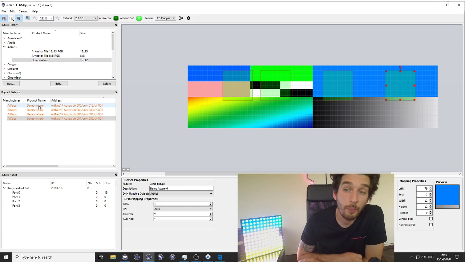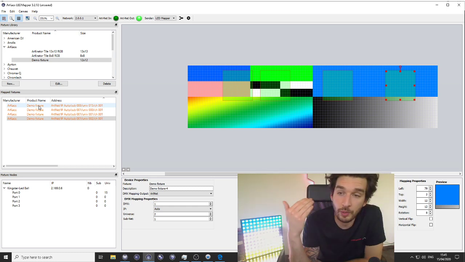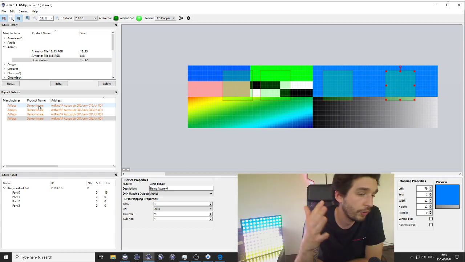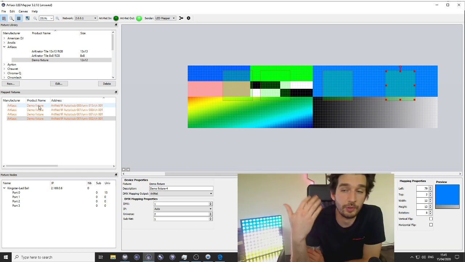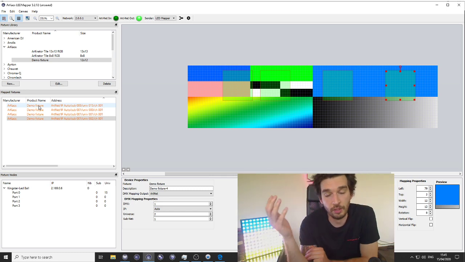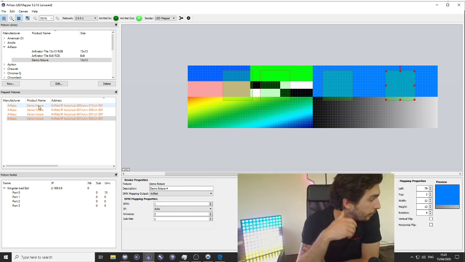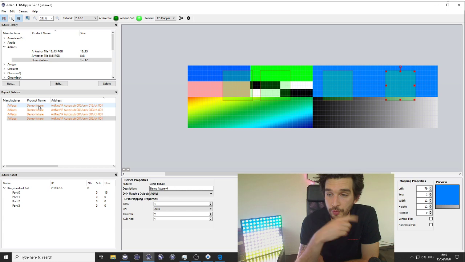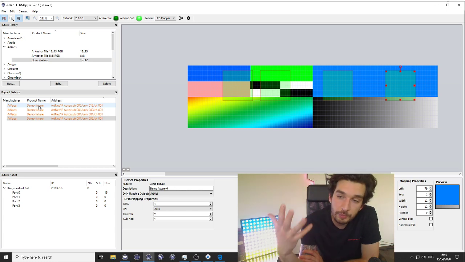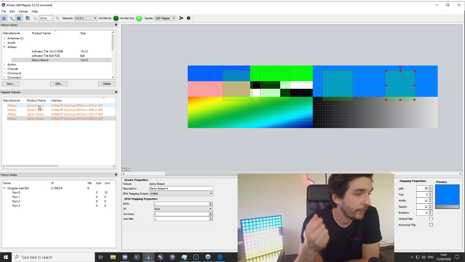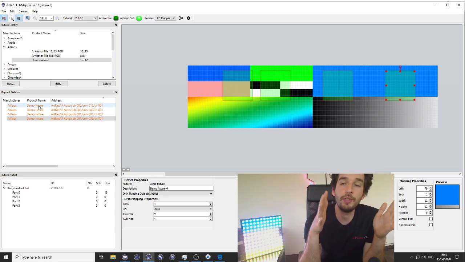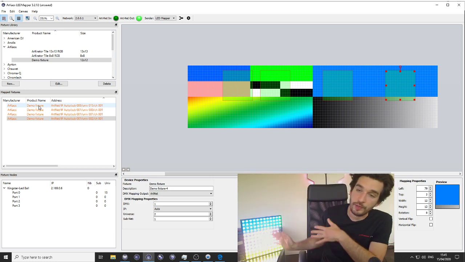If you have more universes, we have setups where people output 100, 200, 400 universes of ArtNet from our system. We have fixed installation TV sets that output 200 universes from one machine. You will need to manage your network a bit or use unicasting. Unicasting will optimize your network and will send to every fixture the data that concerns that fixture.